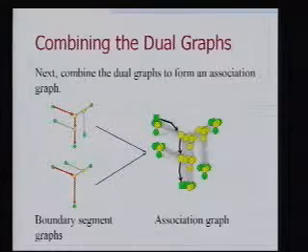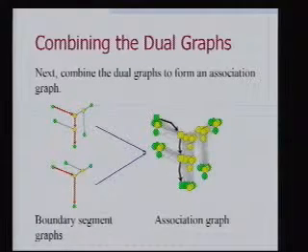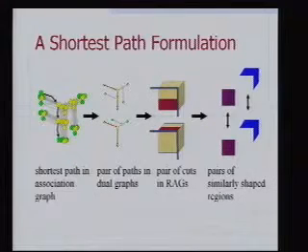And now we're going to combine these graphs together to form what we call a product graph or an association graph. So how do we do that? Well, we have our two graphs, our boundary segment graphs now. And for every possible pair of nodes, drawing one from this graph and one from this graph, we're going to create a node in our product graph. So for example, for these two nodes, there's a node over here somewhere. And for these two nodes, there's a node over here somewhere. And because both of these nodes are adjacent, there'll be an edge between those corresponding pairs in the product graph. So this is our association graph derived from the two boundary segment graphs.